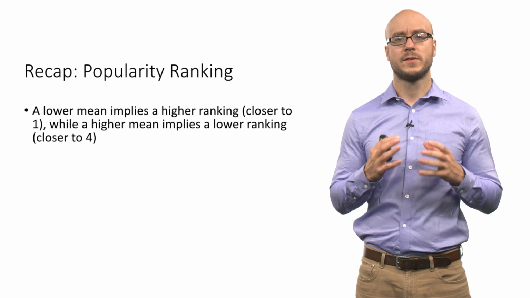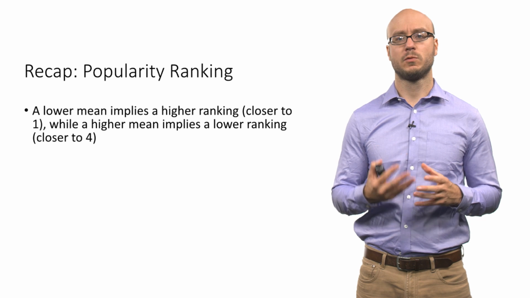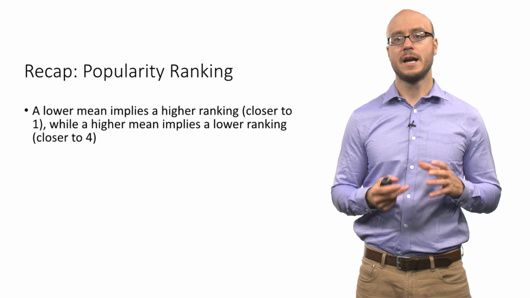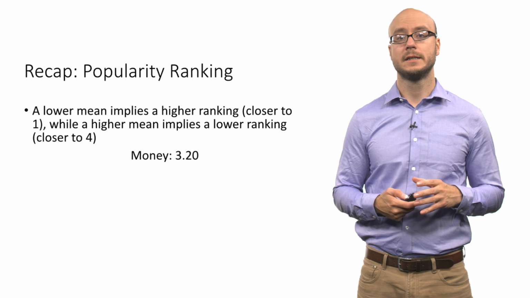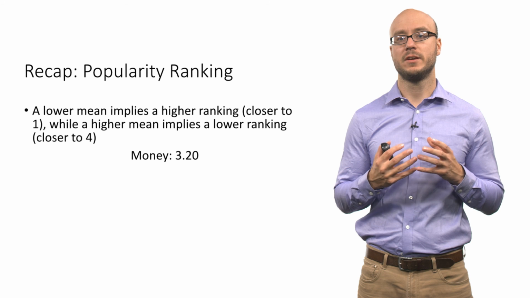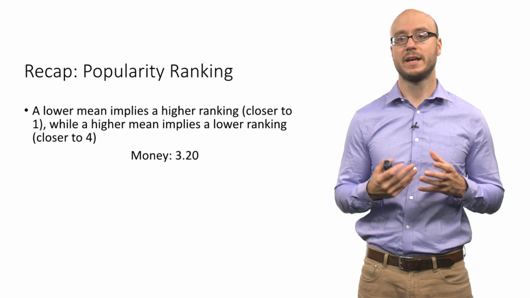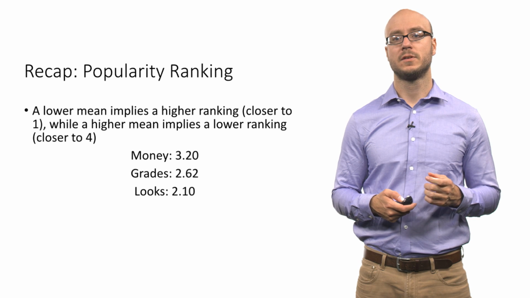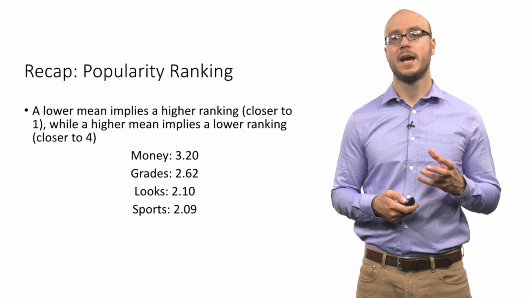Let's recap the popularity ranking for this data set. For each of these 4 ranking variables, a lower mean implies a higher ranking, while a higher mean implies a lower ranking. So the lowest is money. The average ranking for the money variable is 3.2. For grades it is 2.62. For looks it is 2.1. And for sports it is